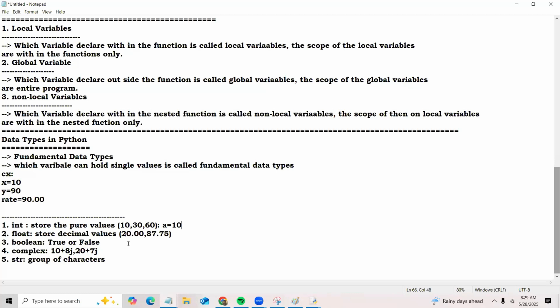Alright. Suppose, sir, I am declaring here a float. Suppose salary is equal to